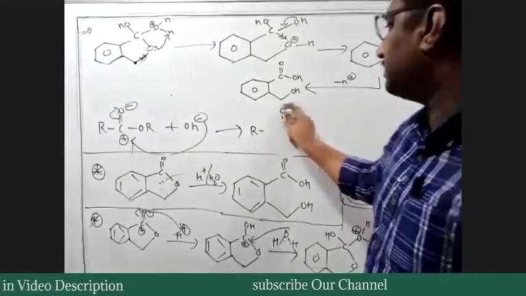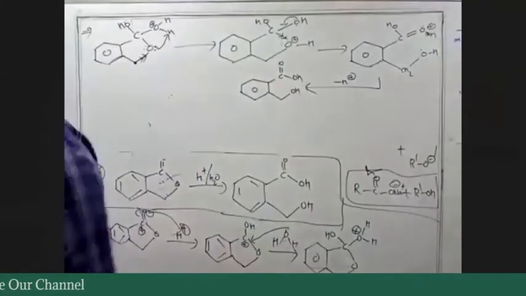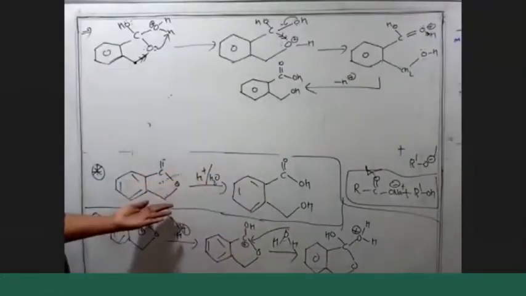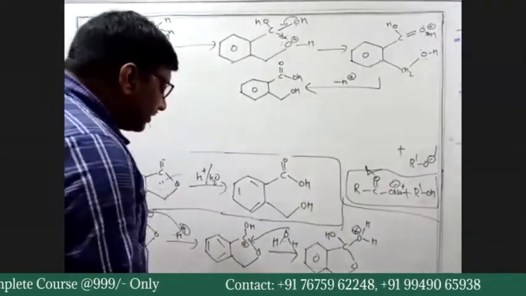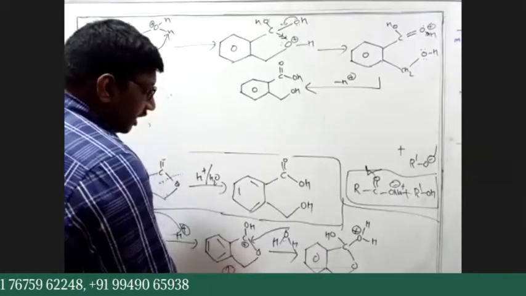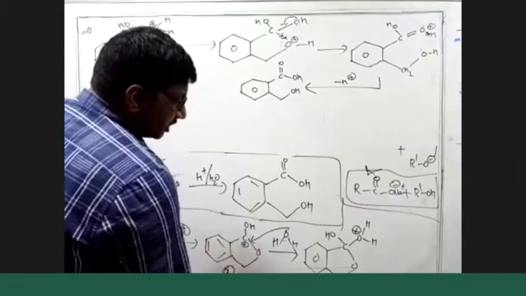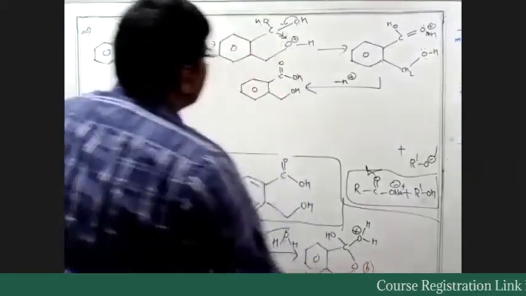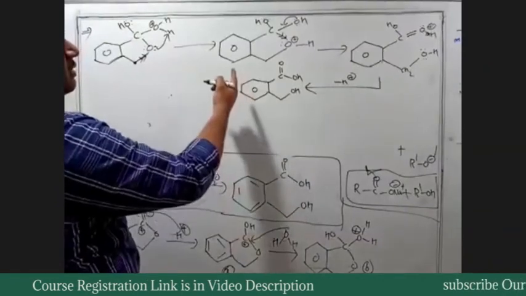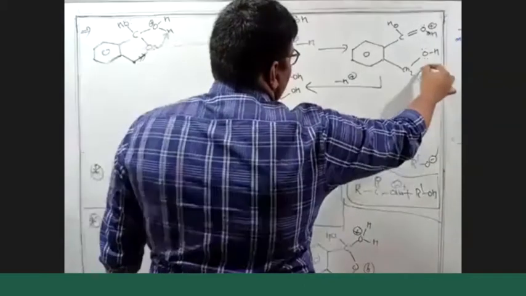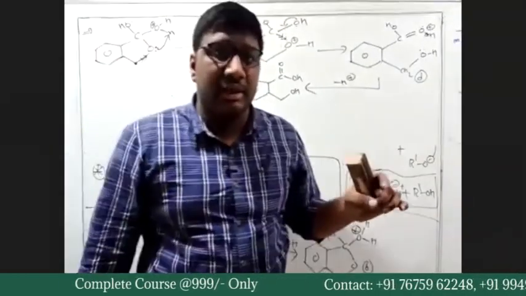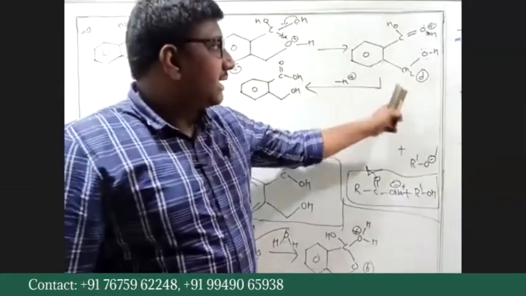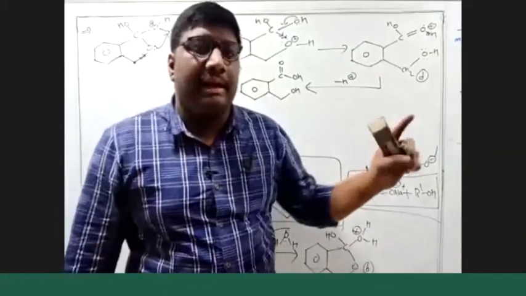Is this reaction fine? So if I give a question, which of the following are the intermediates of this conversion, I can give this intermediate. Option A can be this one. This can be my option B, and this can be my option C. And this can be my option D. I'll give all these four intermediates A, B, C, D in the options, and I'll frame a question.